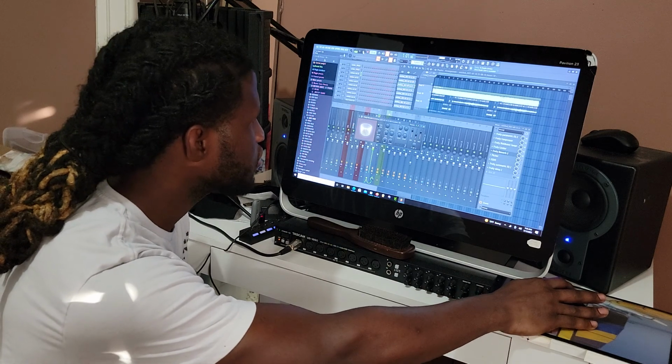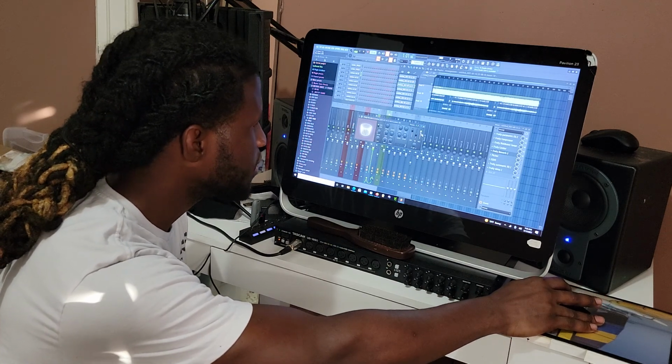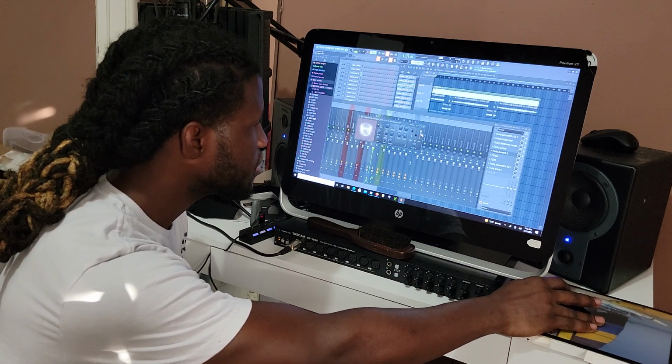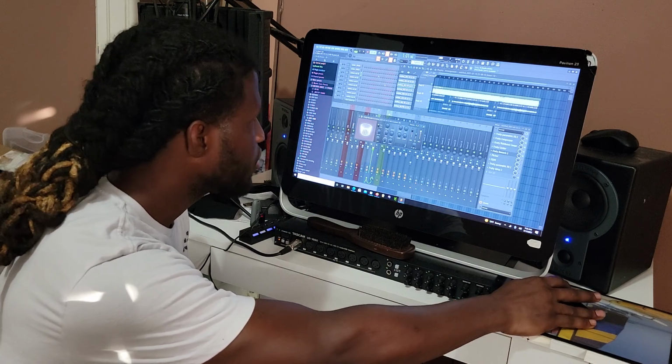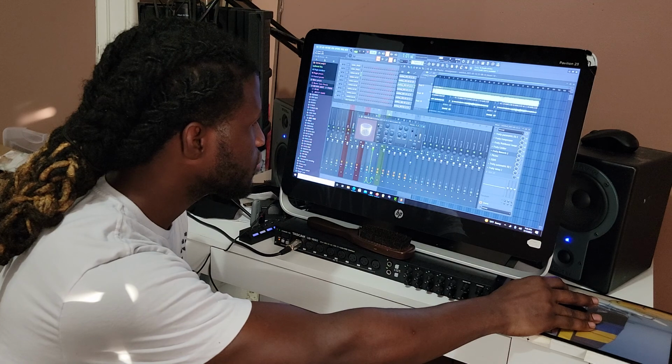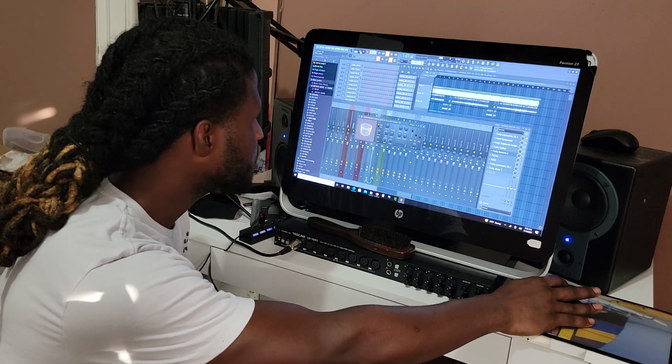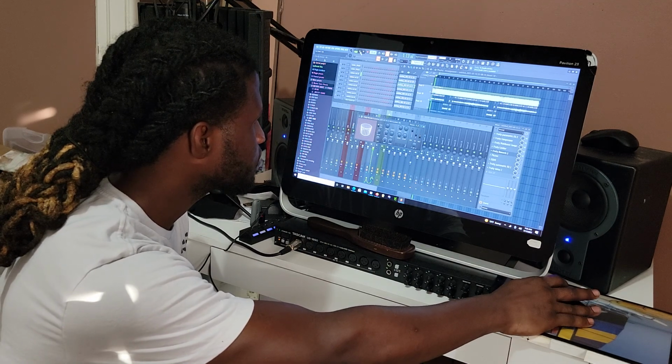So as you can hear, when I had a lot of wet on there, it's like having a lot of reverb on there, okay? But when I bring the wet down and then play again,